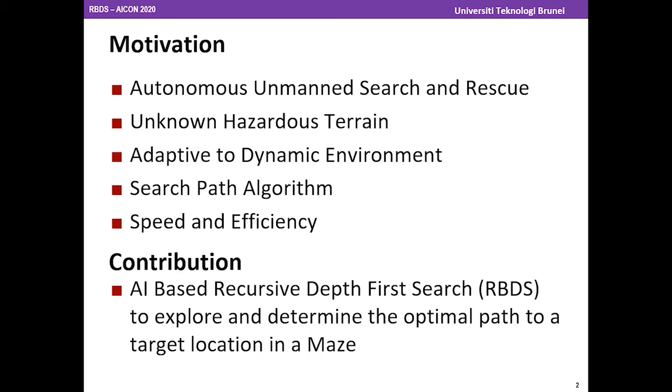So as a result of that, the main contribution of this paper is that we propose an AI-based recursive depth first search to explore and determine the optimal path to target locations in an unknown maze. We developed a novel AI-based algorithm using an uninformed depth first search to explore an unknown search space, and apply the optimization algorithm known as recursive cul-de-sac backtracking to mark and eliminate all the unwanted paths for